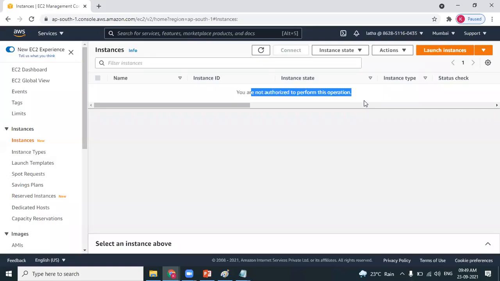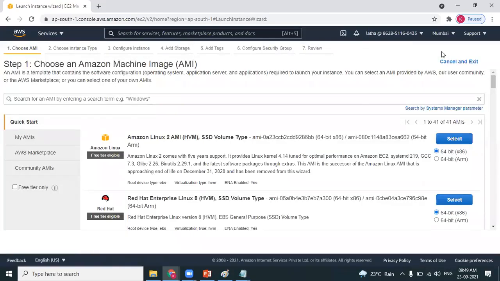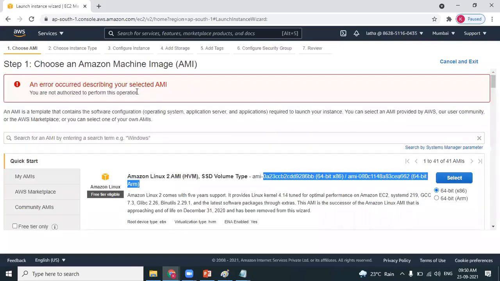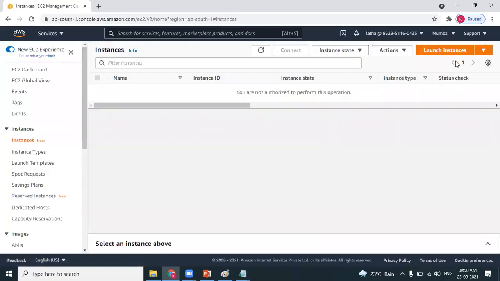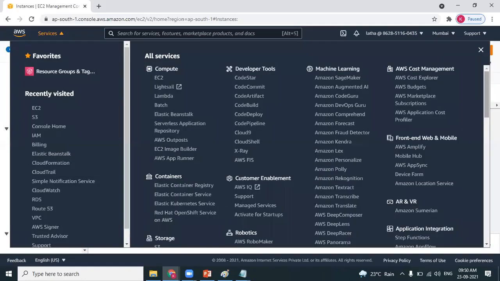When she tries to launch instances also, she will end up with an error. You are not authorized to select an AMI. You cannot do anything. If she selects any other service, she gets an error, whereas when she selects S3, she does not, because she is authorized to deal with only the S3 service.